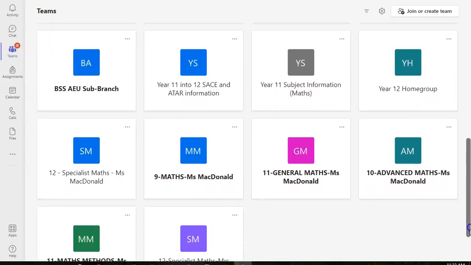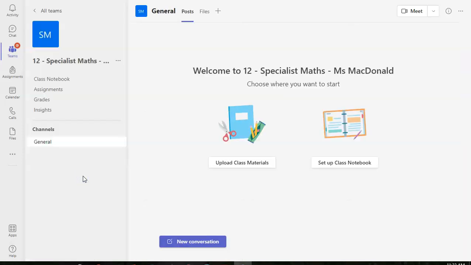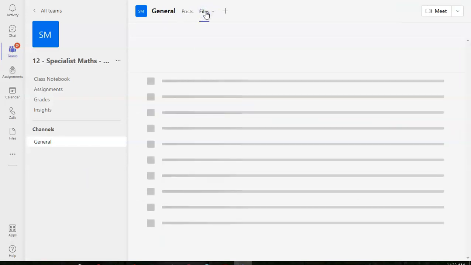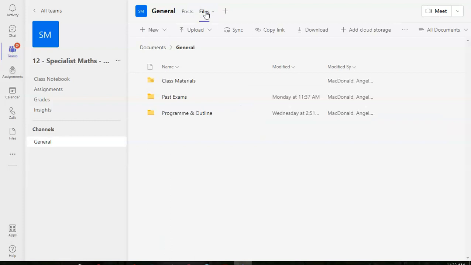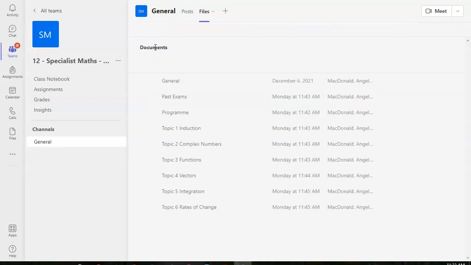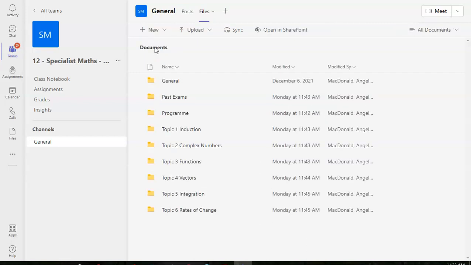All right, so with Specialist, in the General channel, if you go to files, you might think there's not much there, because I don't know what I did. I clicked on something, and if you go to documents, oh, so when I have a moment to breathe, I will put that in and stop that and it'll all be in General, but I don't even know what I did. And I can't just drag it. I have to just redo it.